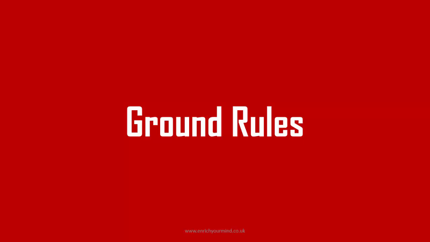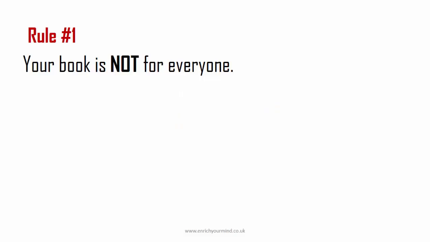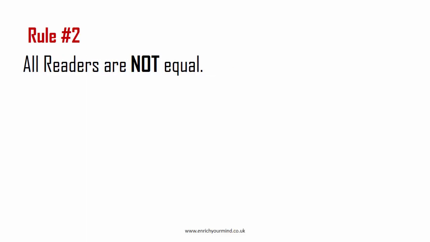So let's go on. I want to lay down some ground rules which you should take note of as an author. One, your book is not for everyone. You need to understand that whenever you release a book, it's not for everybody. You are not there to try to get everybody. If they can read, fine, they might want it, but it really is not for everybody. There's a particular audience that will respond to this, and we'll talk more about this.